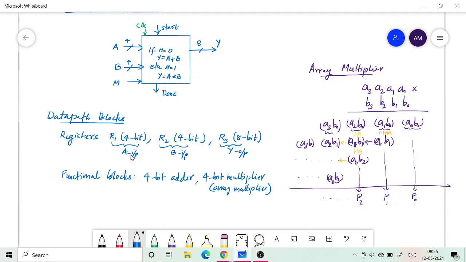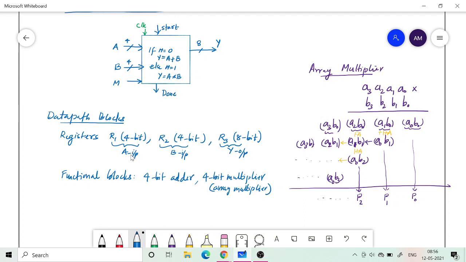Now the array multiplier is likely to take more time to finish the multiplication process, because the carry needs to propagate from one end to the other, and therefore the time taken by the multiplier, if you compare with the 4 bit adder, may be larger. For the adder case you need to propagate only 3 stages, but for the multiplier you have more stages.